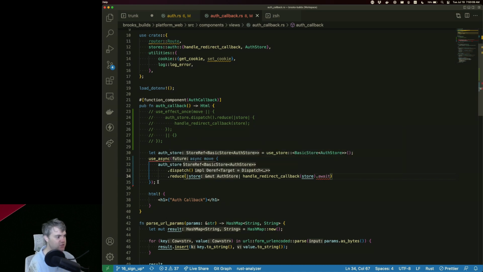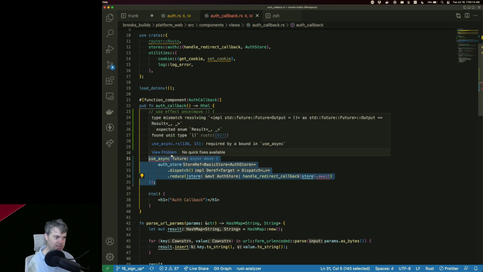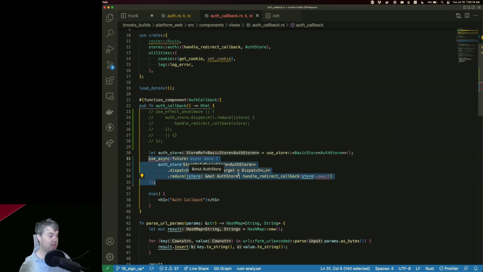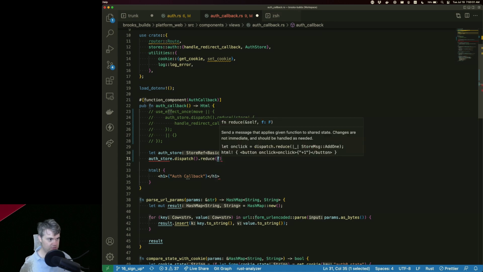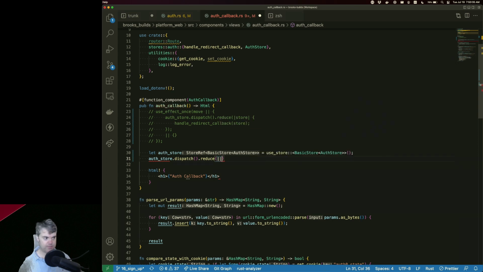Oh, I need to do it the other way around. So I can't use you. I don't think I can use async because I would have to use it inside of here. So it has to be the opposite way around. Okay, so this is wasm bindgen futures. Okay, no, we're gonna do the other way around. We're gonna use authStore dispatch, reduce. Gives me a store.